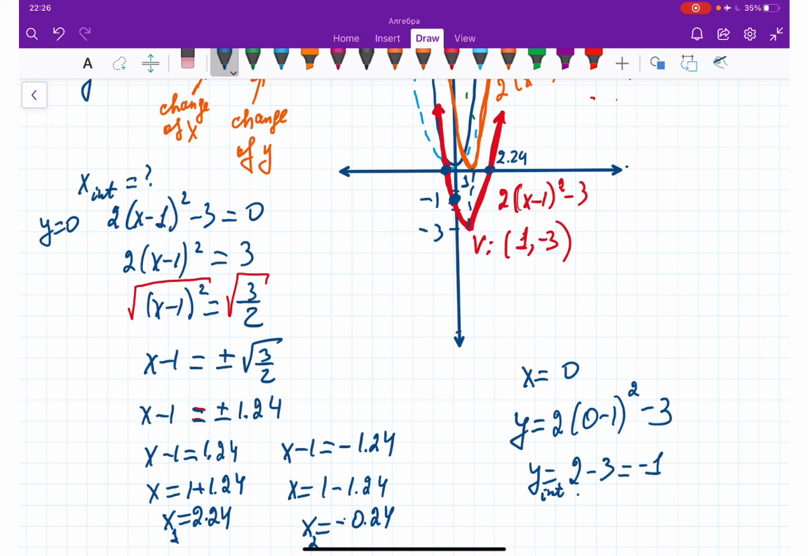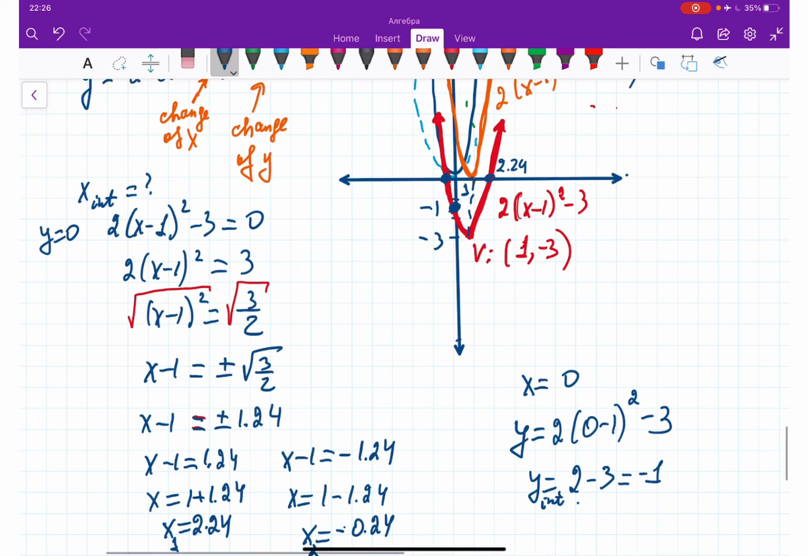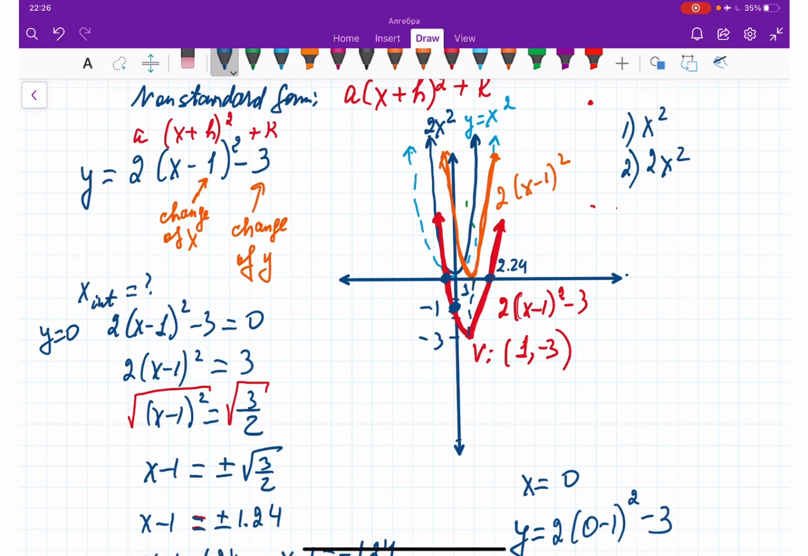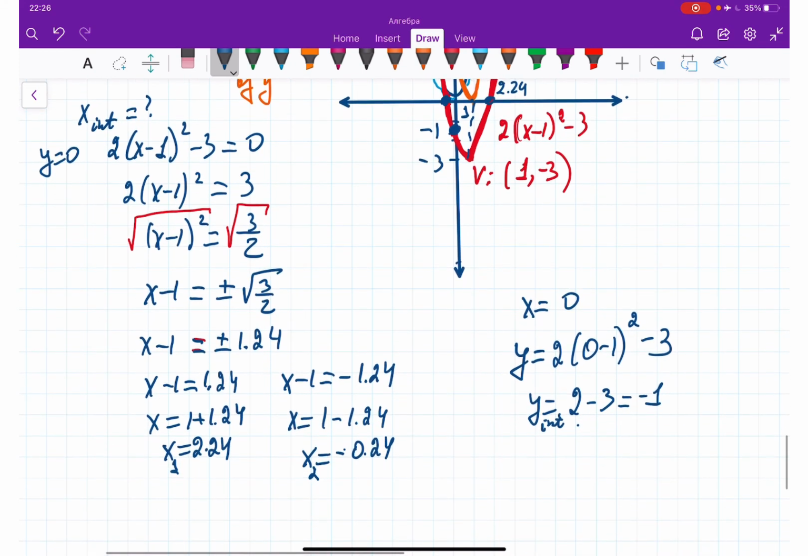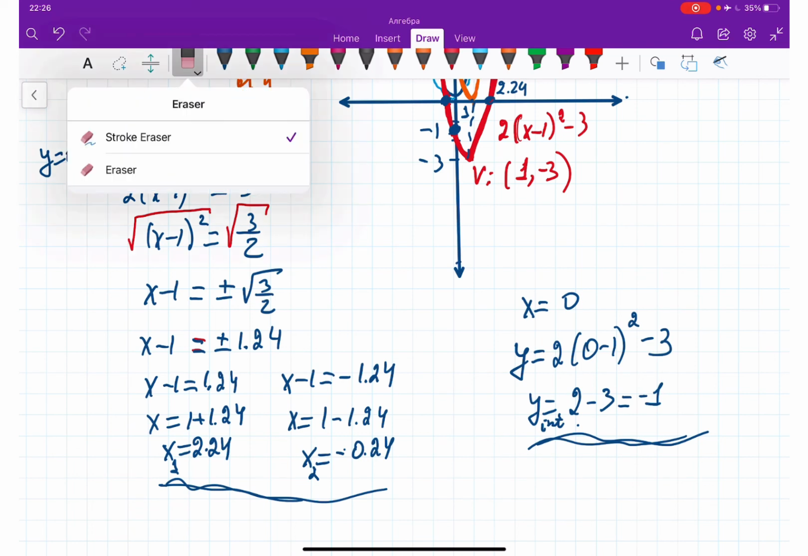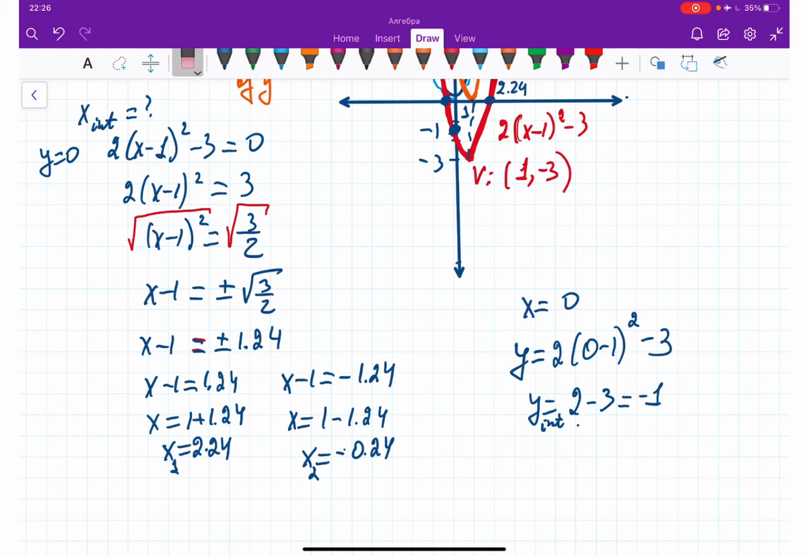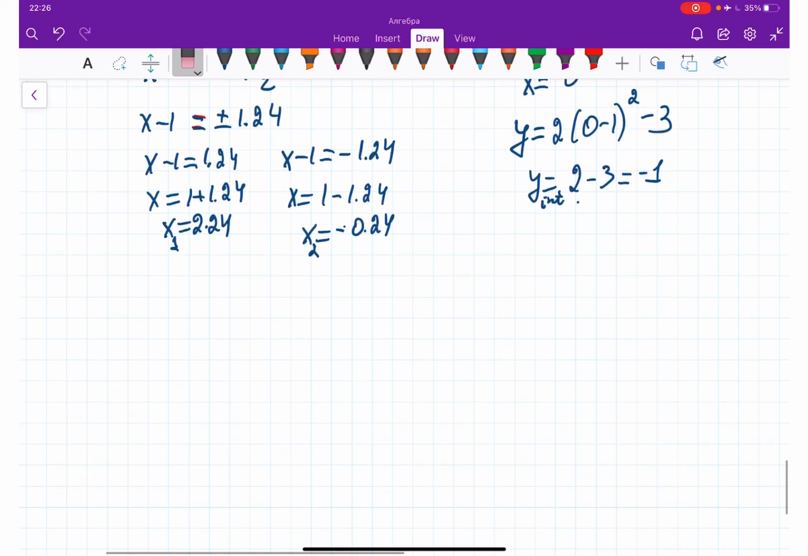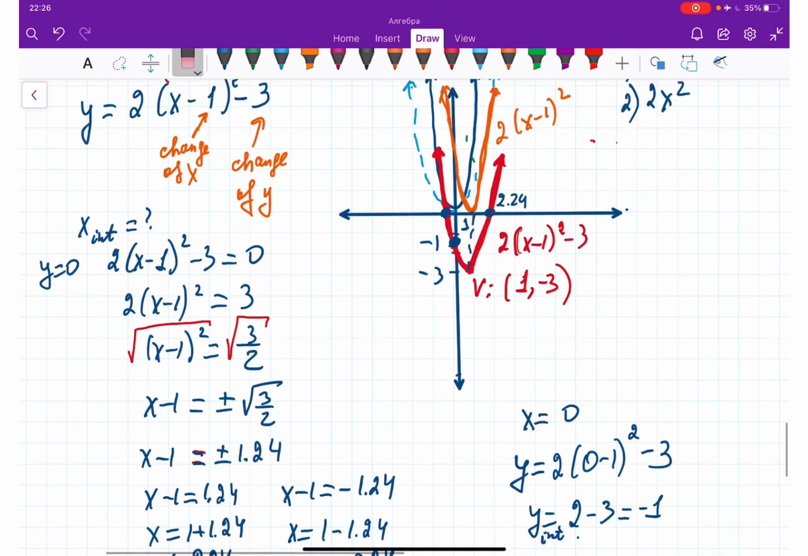So we found the vertex. We know that a is our 2, which is positive. And we have the y-intercept, negative 1, and the x-intercepts. Okay? Let's do the next one. What do we have? The next one is going to be